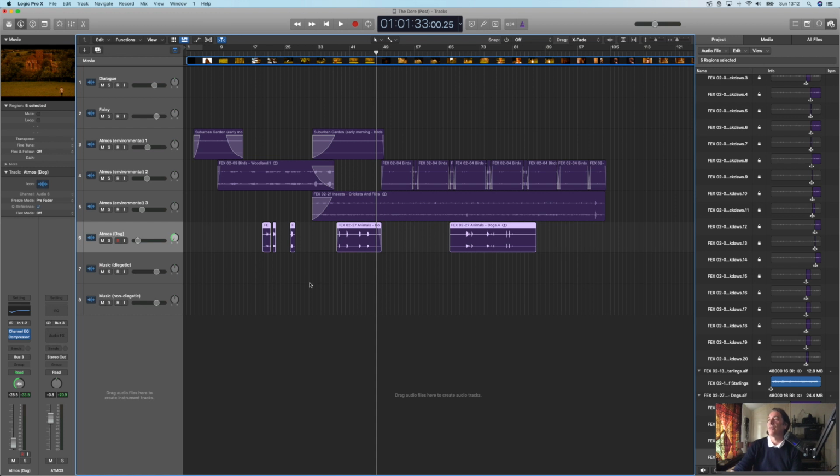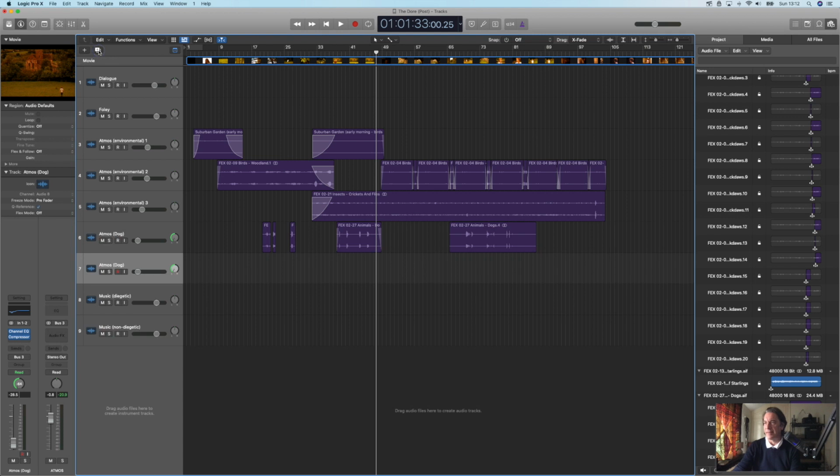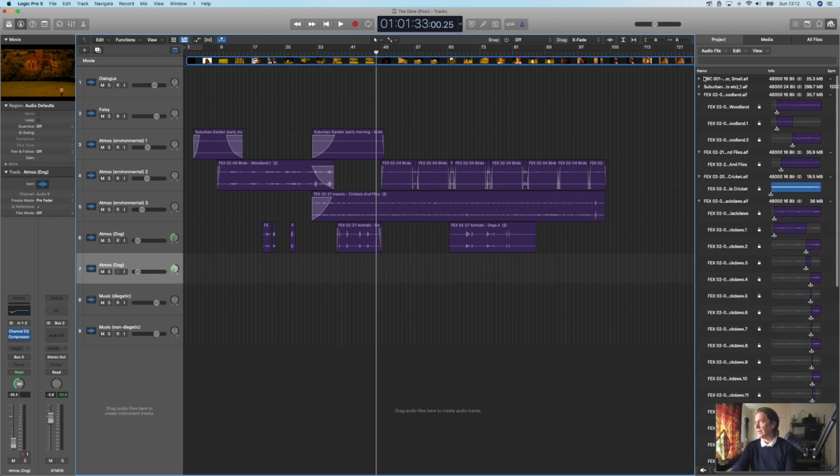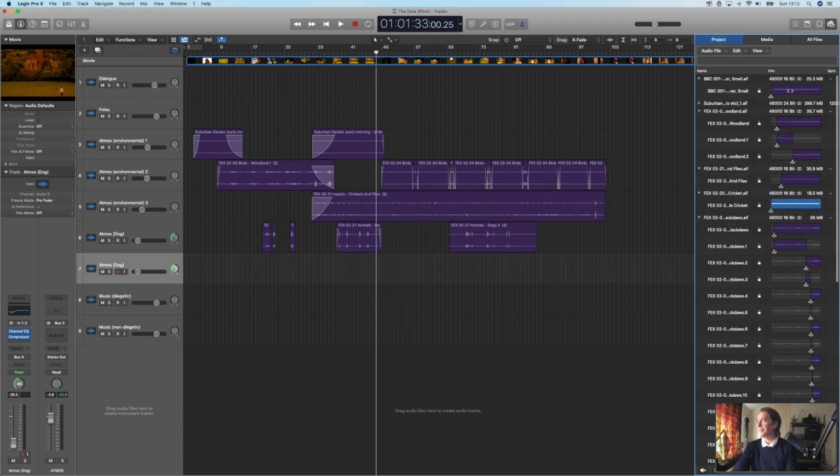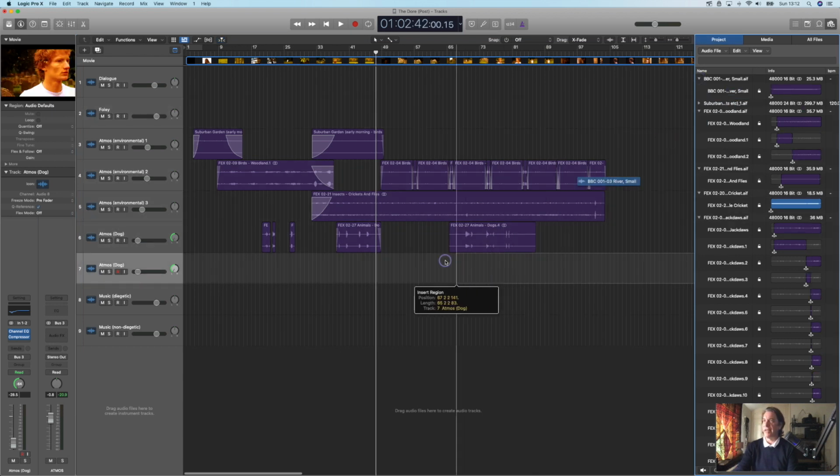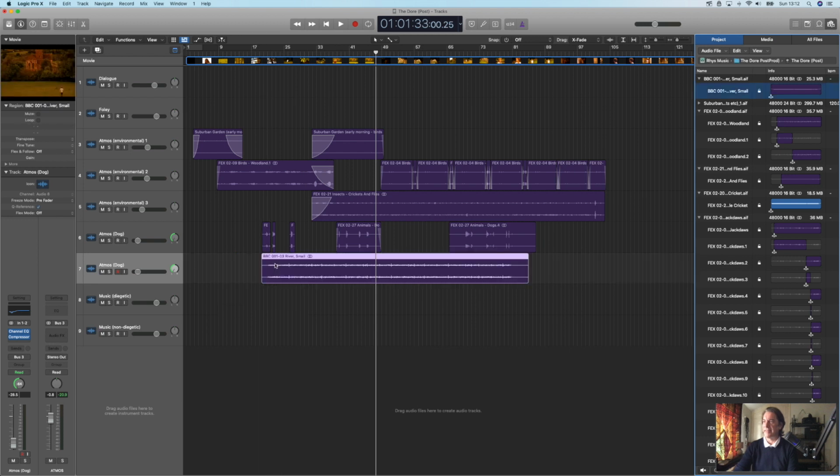And also, these are all purple. So purple, remember we did the colour assignments. Purple are my atmoses. So I'm going to create yet another atmos track. So I'm going to duplicate this. And I want my river, which is the first thing that we had, small river. So we'll just click it and drag it, and let's